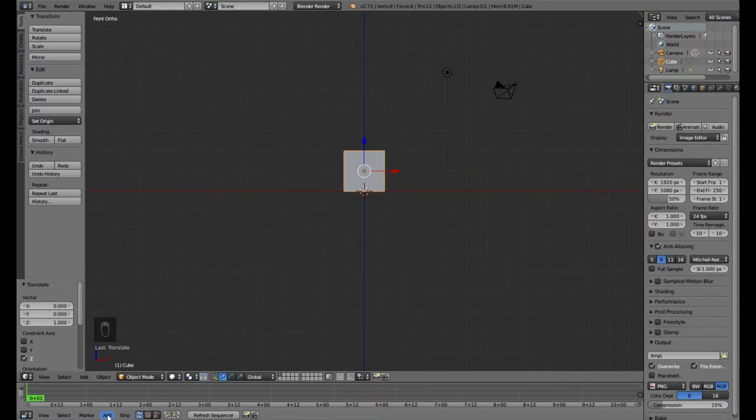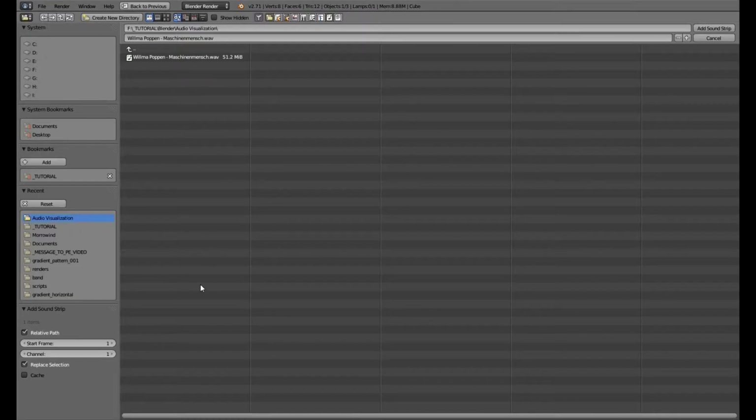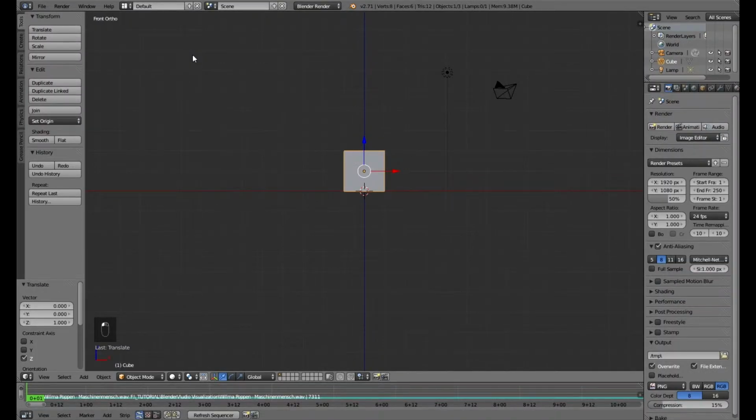So what I'm doing now is just to make you hear something. So I press add here and select sound, and I already navigated to a folder where I have a song of my music project Wilma Poppen. I double click it to get it in here, and if we press Alt A now,